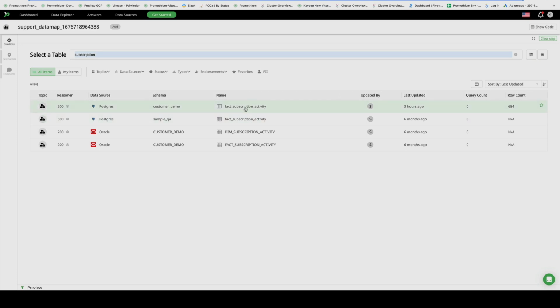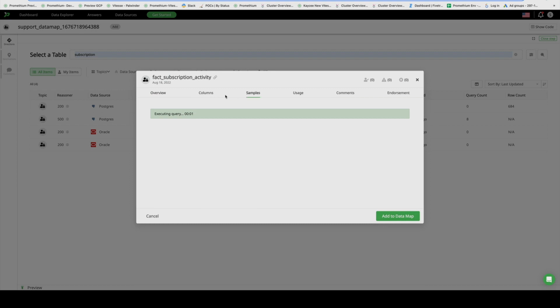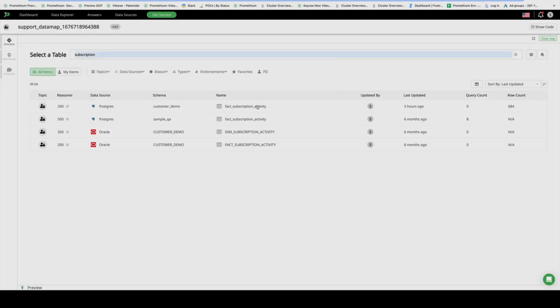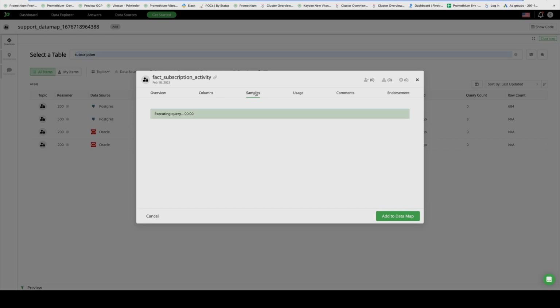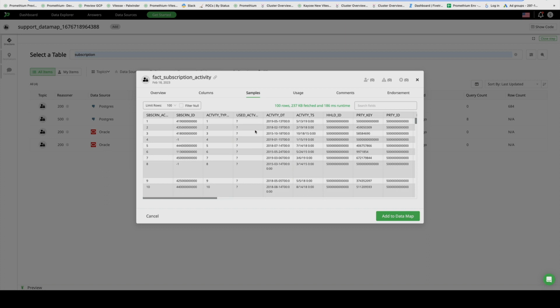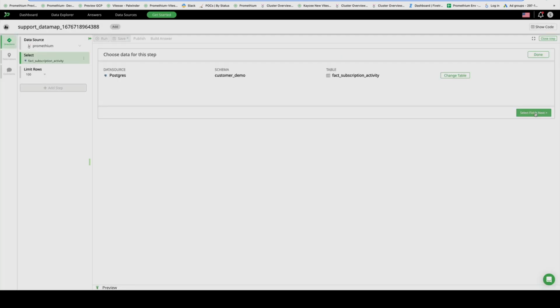I'll preview it to make sure it works. Okay, this one doesn't work. Let's try another one. All right, looks like this is the right one we want to pick.